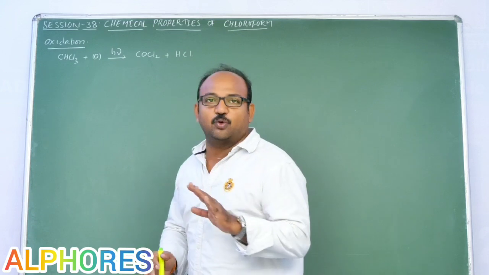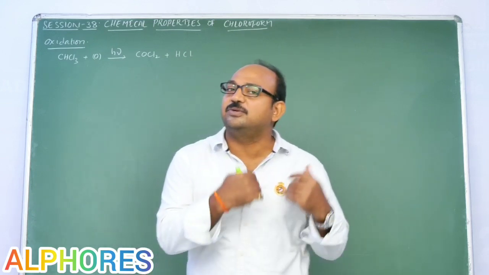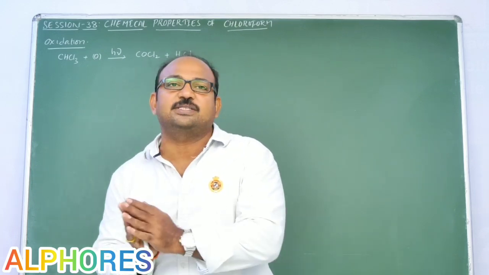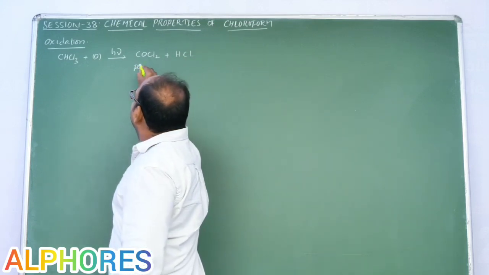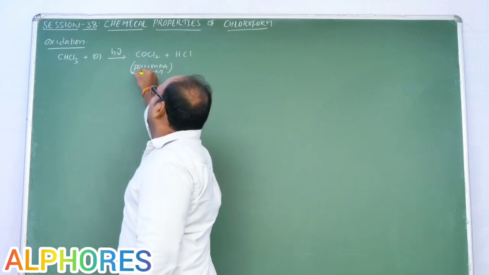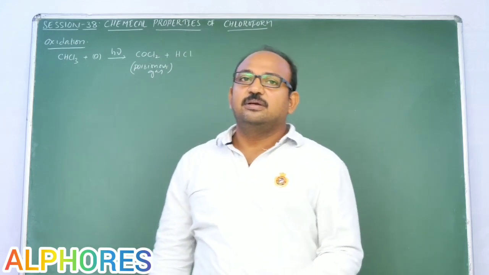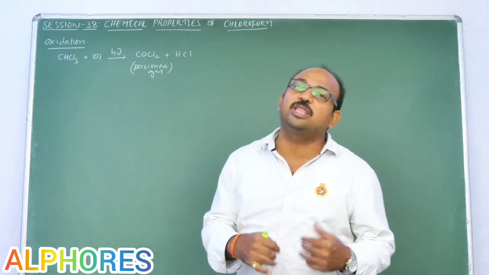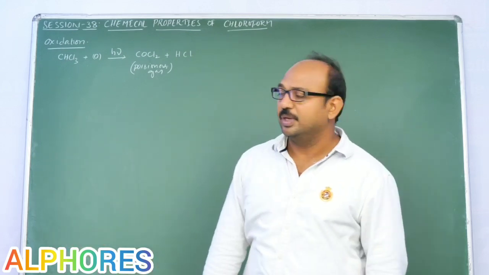Now, chloroform we are not going to use as an anesthetic, and there is one more problem with using chloroform: upon photochemical oxidation it converts into phosgene, which is a poisonous gas. Carbonyl chloride is one more name for it. To avoid this, we need to add 1% ethyl alcohol. Then this carbonyl chloride converts into ethyl carbonate, which is non-poisonous. That is all we learned.